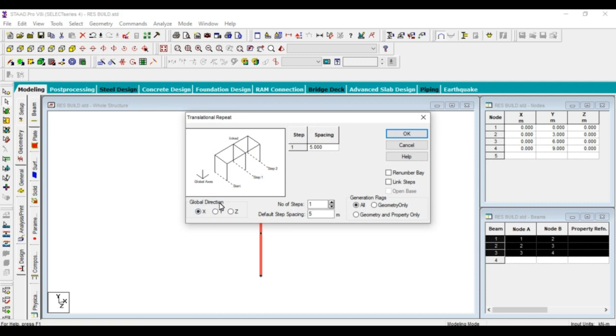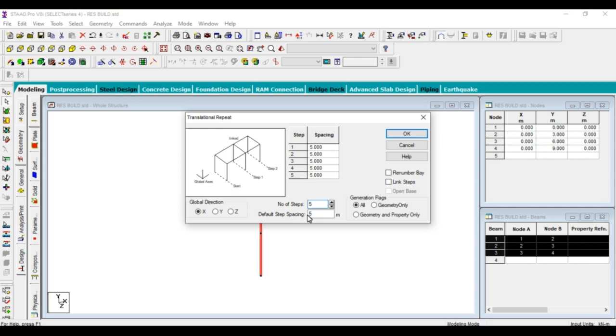Set the global direction as X. I want to create the building from this origin along the X-axis, that's why I'll take the X-axis. After that, go to number of steps. You should give the number of steps, how many steps you want to create in the X direction. I want to create 5 steps from here, that's why I'll take 5.